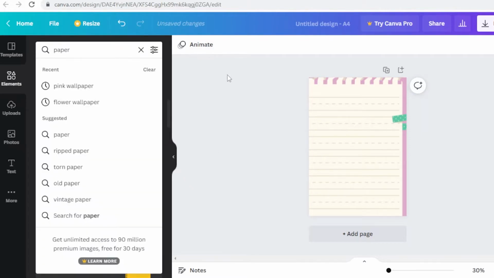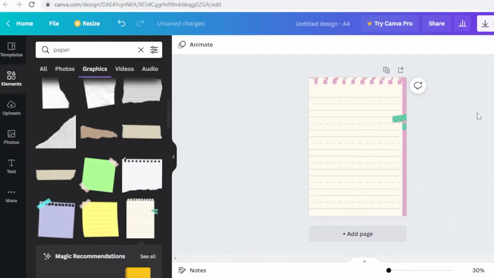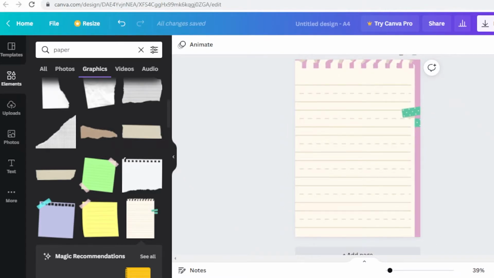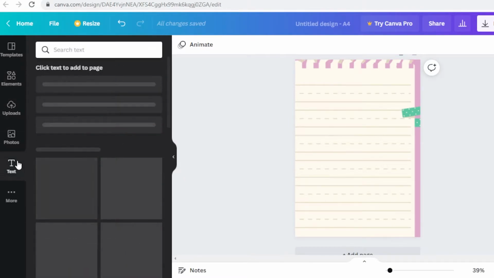And then I can also add some book design wires or anything like that. I want to make it look like an actual planner. That is why I'm adding this page, to make it a bit more interesting rather than just a simple kind of digital planner. Now, once you have done that, I'm going to go